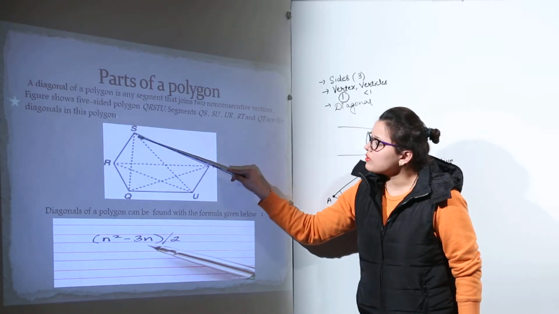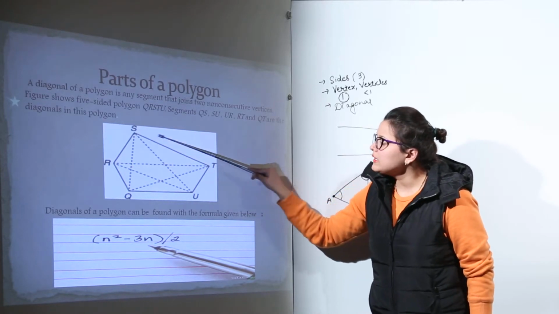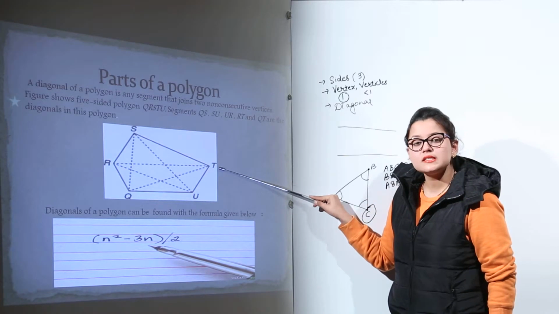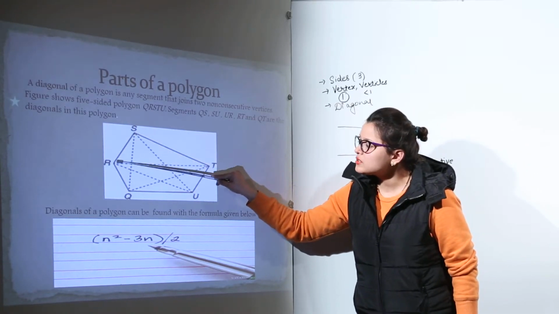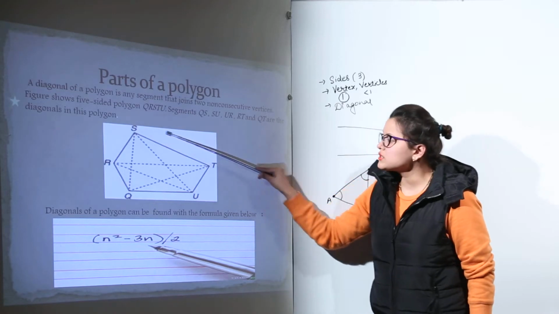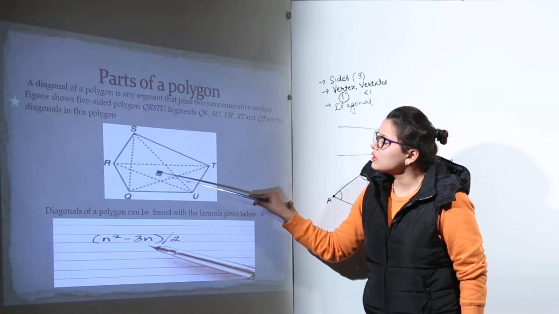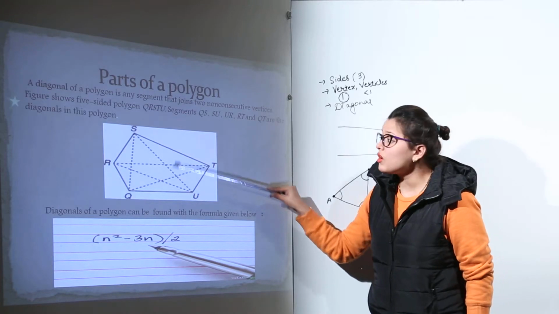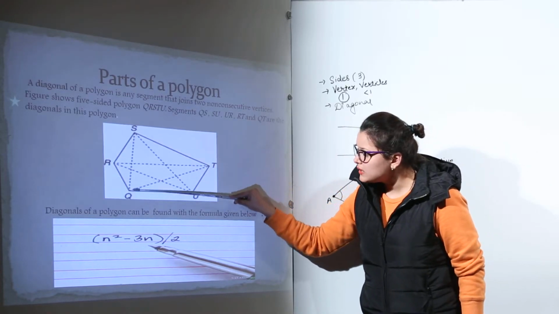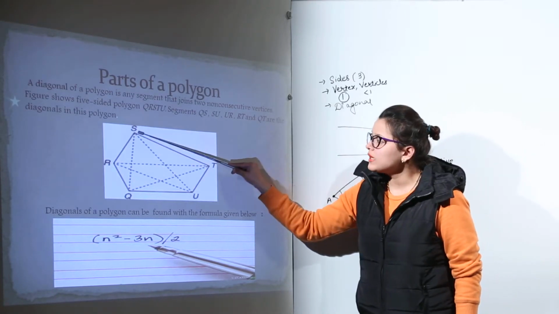Now let's talk about the S vertex. For S vertex we can see R and T as the consecutive vertices. Why are they consecutive? Because they are adjacent to the vertex S. It is very near. Just next to S is R, just next to S is T. So these are my adjacent vertices. Now what about the non-consecutive vertices? Q and U are the non-consecutive vertices for S. So we join S and Q, and S and U. These are the two diagonals from S.